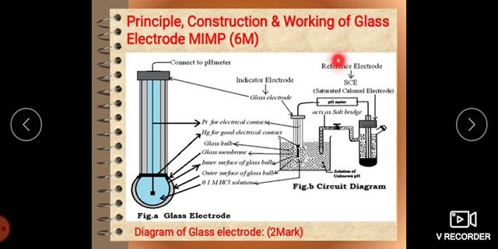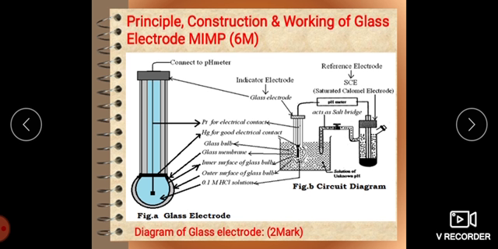But the construction we can show like this. This is the glass electrode, this is the saturated calomel electrode, which is a reference electrode, and this is the indicator electrode. The indicator electrode and reference electrode are dipped into the sample, and those two electrodes are connected to the pH meter instrument. Why is it called reference? Because the potential of this electrode is known to us, while the potential developed across the glass electrode is unknown to us. Because of that we call this the indicator electrode and this the reference electrode.